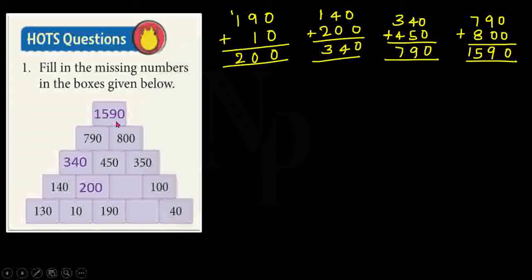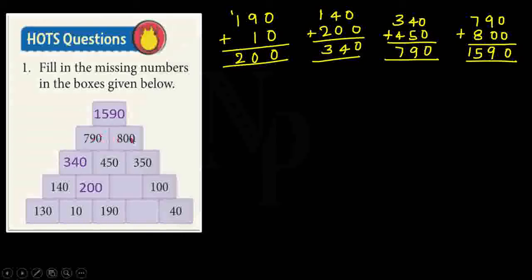So now we can see the other way also. That is, if you subtract 800 from 1590, you will get 790. We know that every addition fact has a subtraction fact. So